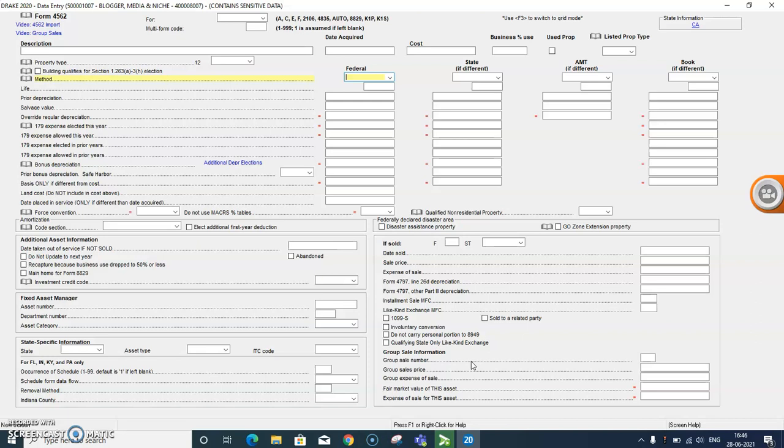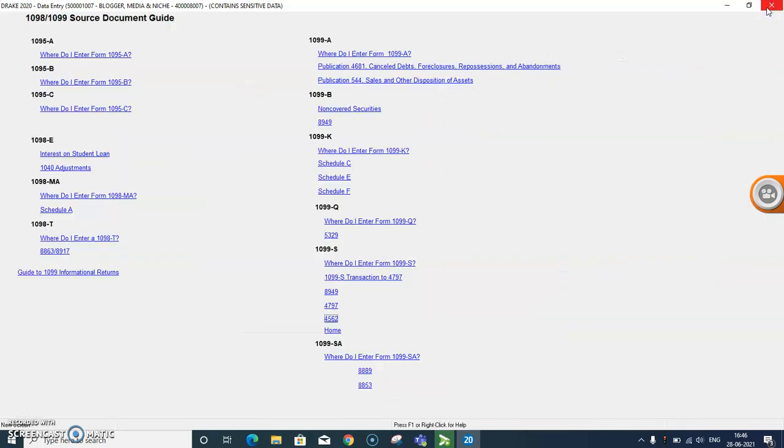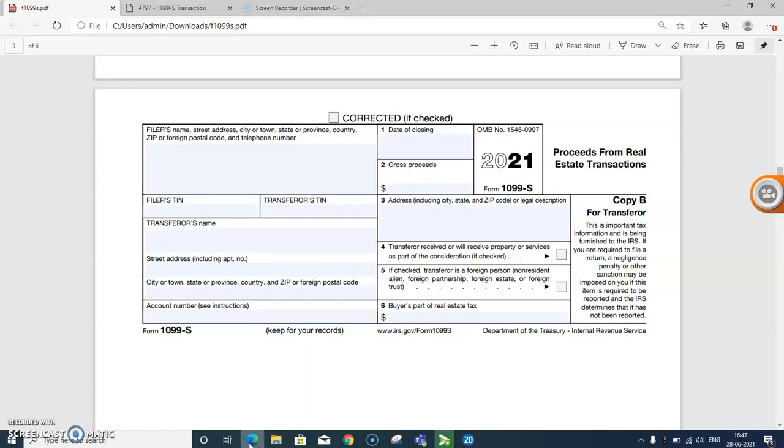So guys, I am just quickly repeating what I have already discussed, that 1099-S is used for tax reporting purpose to report proceeds from the real estate transaction. It must be used whenever you make a real estate transaction in a tax year. These include land, permanent structure, condominium, apartments, and more. The form needs to be used any time the exchange of real estate takes place for a sale or exchange, because this is an Internal Revenue Service tax form.